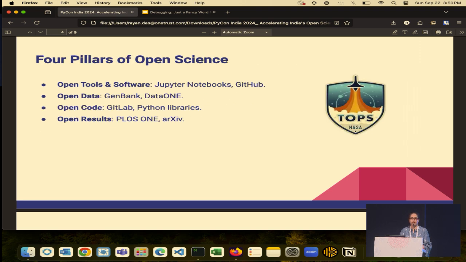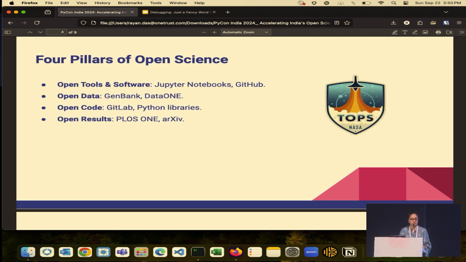There are 4 pillars on which open science is built up. What connects it to this conference is the open tools and open software pillar. This can be achieved by using technologies like Jupyter Notebooks and GitHub, by using which the code bases and data can be shared with people. The second pillar,